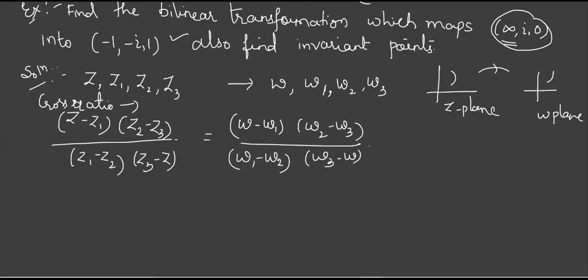Now here, if any point is infinity, we feel it is difficult. But if it is infinity, you will find it good in the case of bilinear. I'll tell you why. See, this first point of Z is infinity. That means here Z1 is infinity. So Z1 is appearing in how many brackets? Check in the cross ratio.